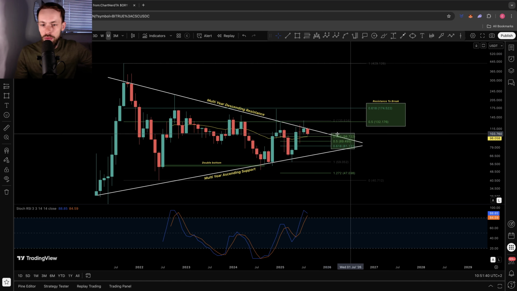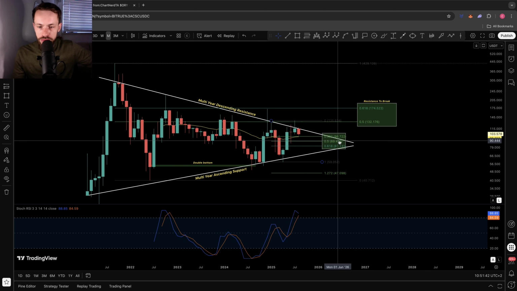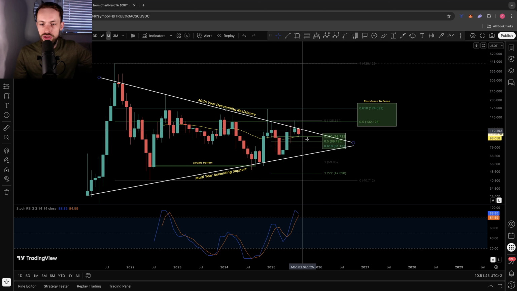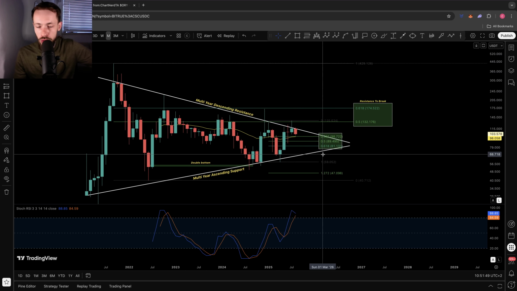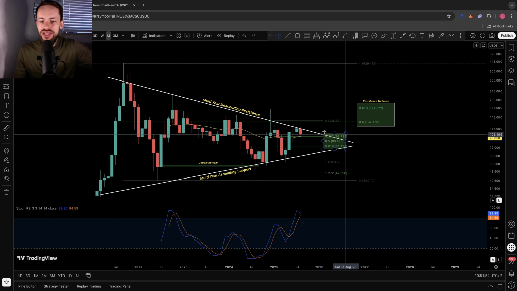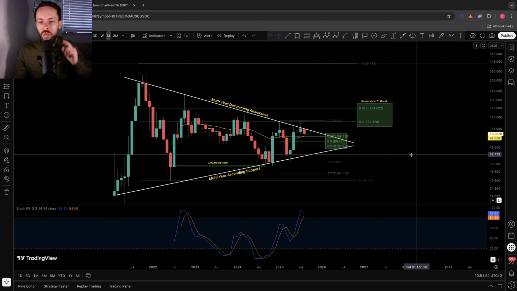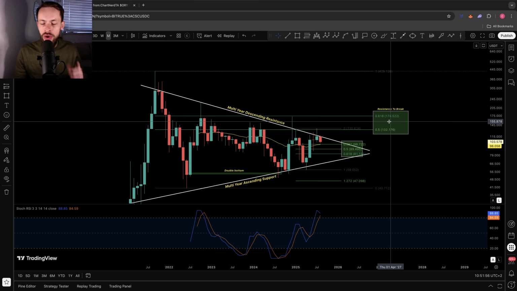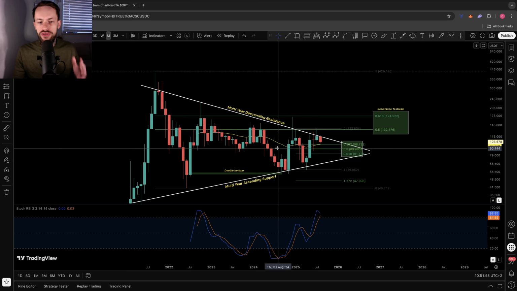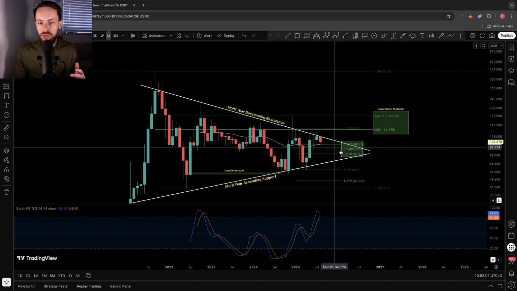But to actually get there, we need to lose all of these fib levels as support, which could act as areas where we do see a bounce or get that break without actually coming back to this multi-year ascending support line. So it's all about holding 98 to 81. Now, when we do actually get this breakout, in my honest opinion, I am in favor of this multi-year sort of structure breaking out to the upside.